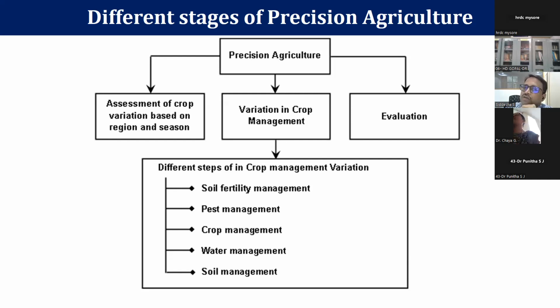That means the life cycle of a crop. So when I'm going to start growing the crop from the nursery level, there are different things involved. For example, if I want to manage the crop at nursery level, I have to have a technology to detect the weeds. That means it should classify and categorize between the actual plant and the weed plant. That is another thing that we need to do under crop management.